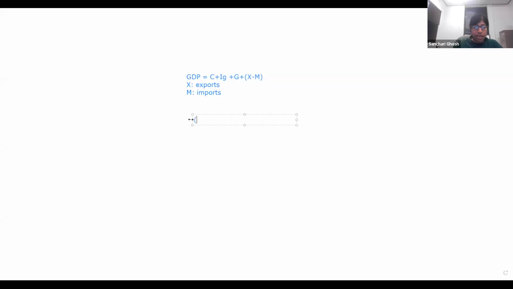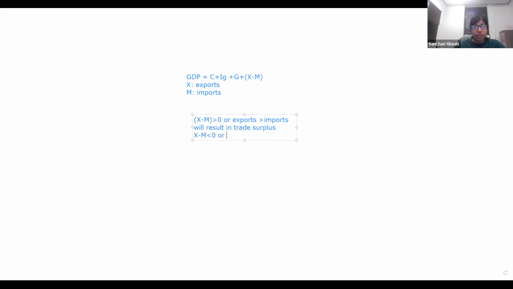As we recall, X minus M being greater than 0, or your exports, which are going to other countries and bringing in revenue, being greater than imports, will result in a trade surplus. In the last 3 decades, the only time the American economy probably has seen a lot of trade surplus was in the mid-90s. Exports minus imports less than 0,